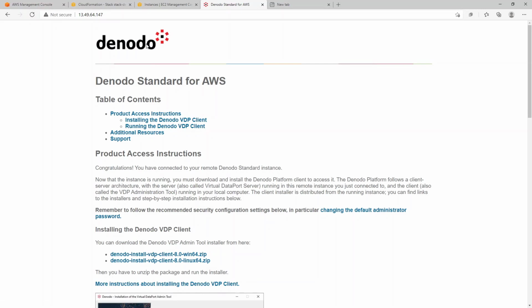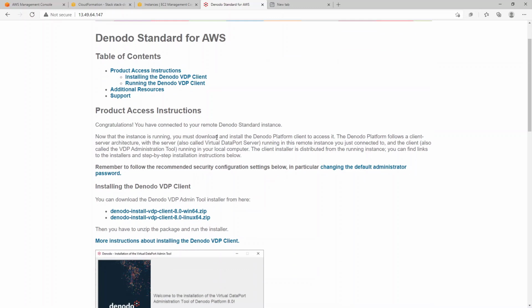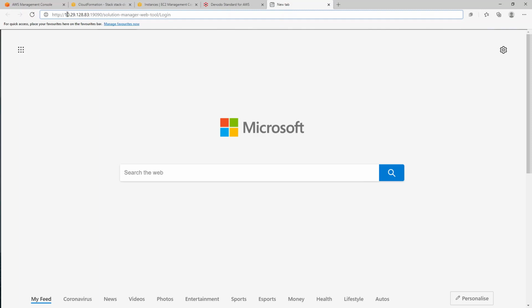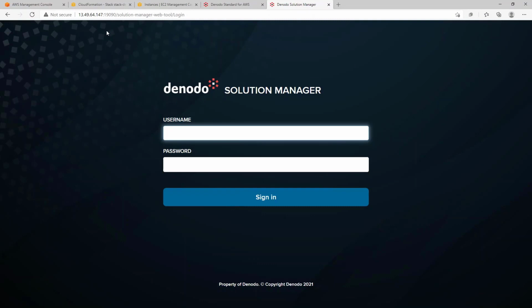Here we can see the page with the additional resources and also the instructions on how to install the VDP client. And if we replace this private IP with the public one, we can see now here the login page of the Solution Manager. To log in, we will use the predefined admin user.